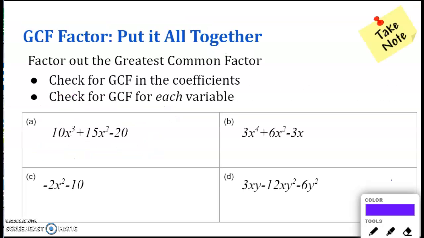Okay, and then we did some more practice problems. Again, check for the GCF in the numbers, the coefficients, and then also the variables. Please pause the video and try these problems. And the answers are